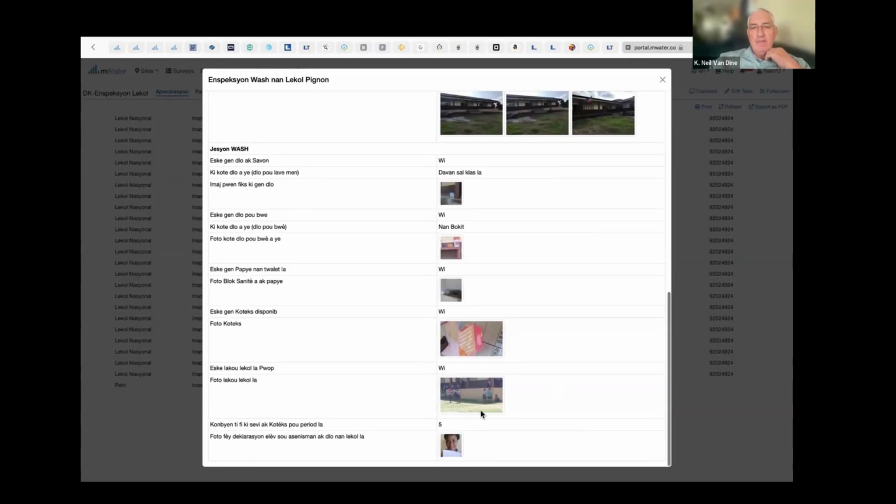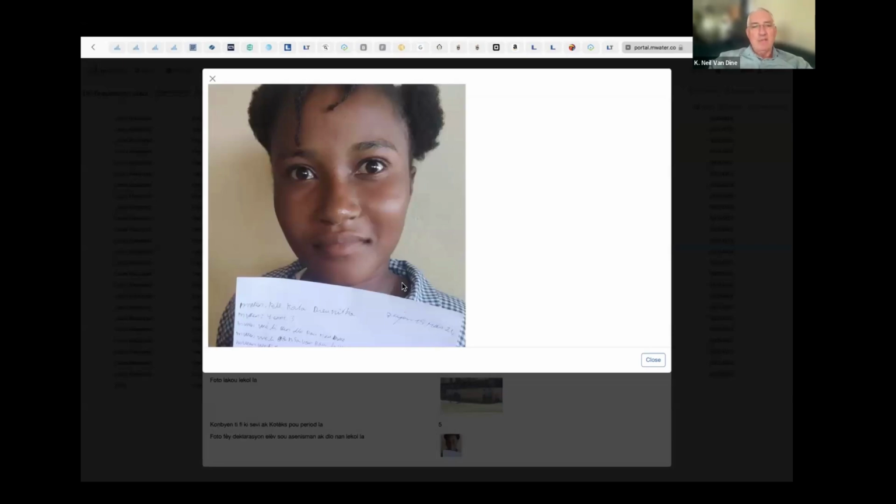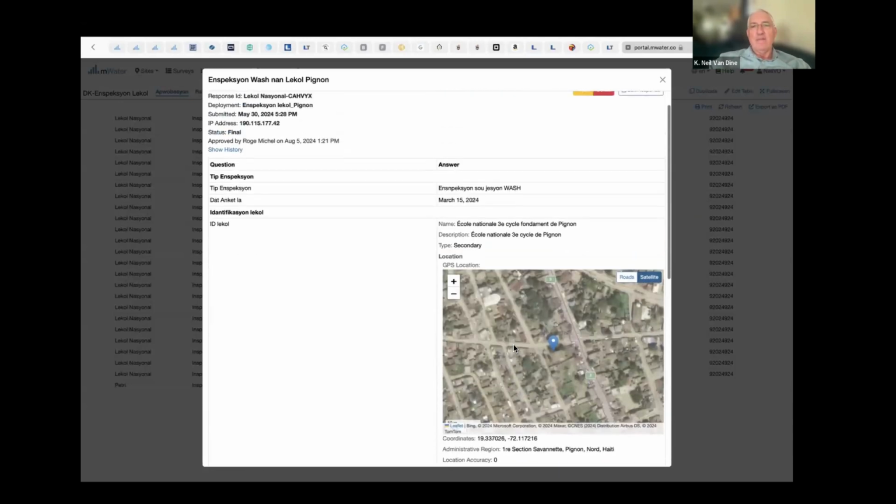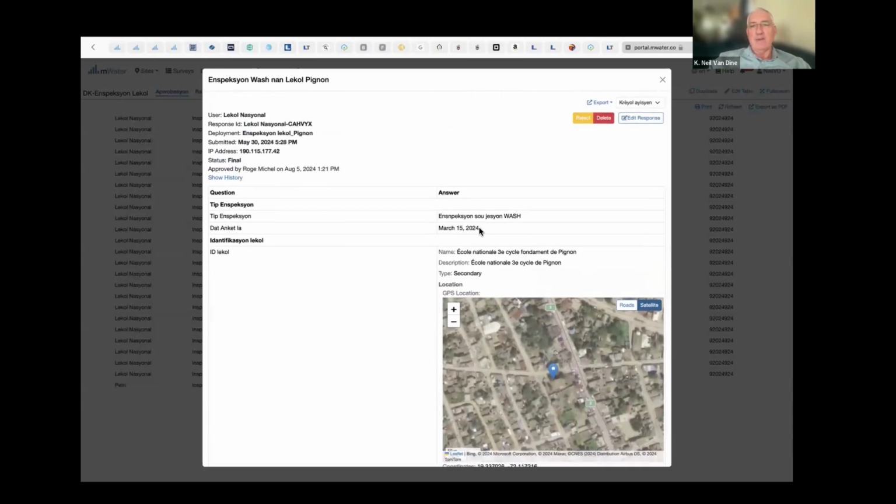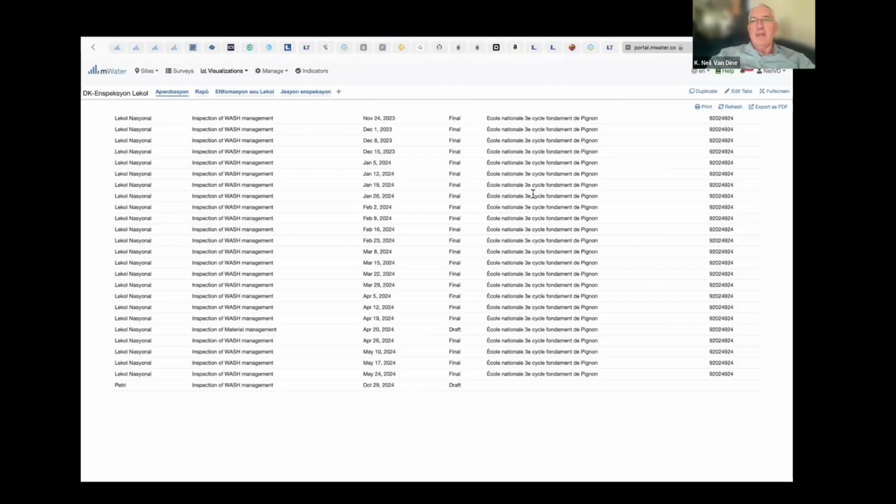But the coolest part of it is that when they do their inspections every week, they take one of the students along with them. And that student then writes a letter that basically says, I walked with the committee to validate and ensure that all this stuff is available. And they take a picture of themselves with the letter. I can see that it was dated 15 March, and they have her picture as a witness. So she, as a schoolgirl, validated that this was that. And I can see her letter corresponds with the date that the report was uploaded to mWater. So their local committee uses this to manage and track everything that they have going on.